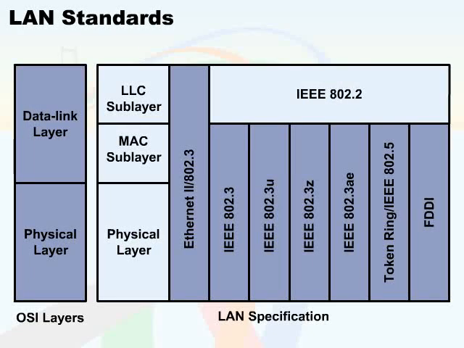Another thing that's very important about our Ethernet standards is how they fit into the OSI model. Most of our Ethernet components fit into layer 1 and layer 2 of the OSI model, which are the physical and data link layers respectively. Now you will notice that the physical layer does touch every Ethernet standard, as well as every other standard that